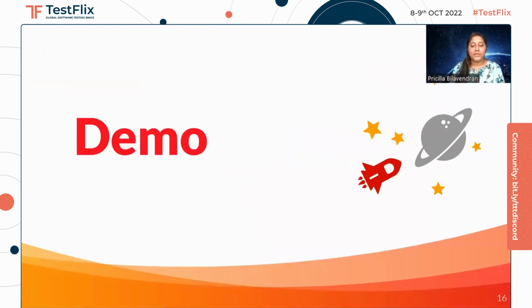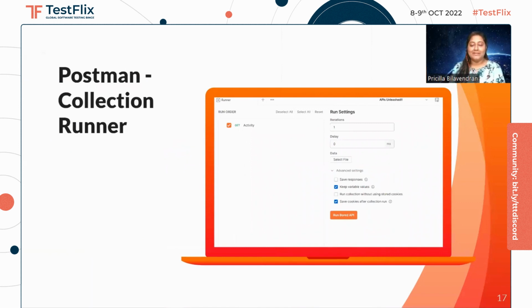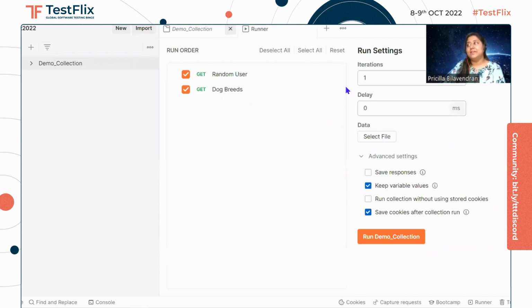And when it comes to the demo, I'll just start off with a few interesting points to consider. We all know when it comes to API testing, Postman is one of the preferred or go-to tools. But when it comes to typical performance testing for your APIs, you might not be able to conclude properly. I know that you guys might be using the collection runner, right? Because obviously we'll just run your collection and select the number of iterations we want. But this is not a parallel run, the requests are sent one after the other. So this is not an ideal way of